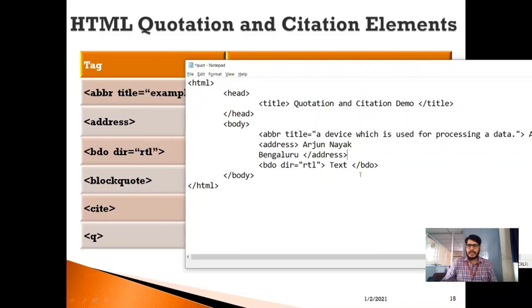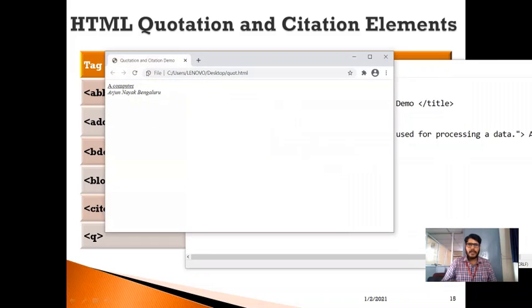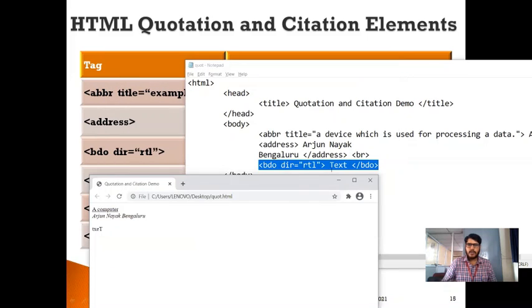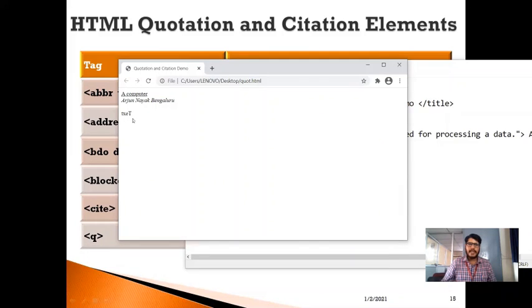Okay, so before this, let me break. Now I'm going to include one break tag here, so that it will go to the next line, and after going to the next line, it will execute this particular code. Okay, so now let me save this. Go to a web document. Now reload this. You can see whatever the text I have written here, it is TEXT. But here, what it has displayed, TXET.